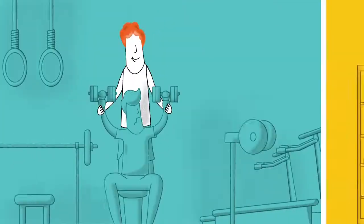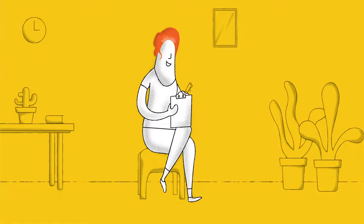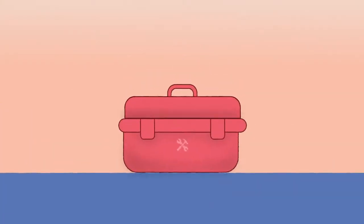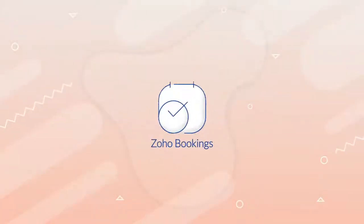Running a busy business in the service industry can have ups and downs. On one hand, you're happy to see your business growing, but on the other hand, there are so many challenges to keep up with the growth. Your business needs a tool that can keep up with your ever so busy schedules, and Zoho Bookings is perfect